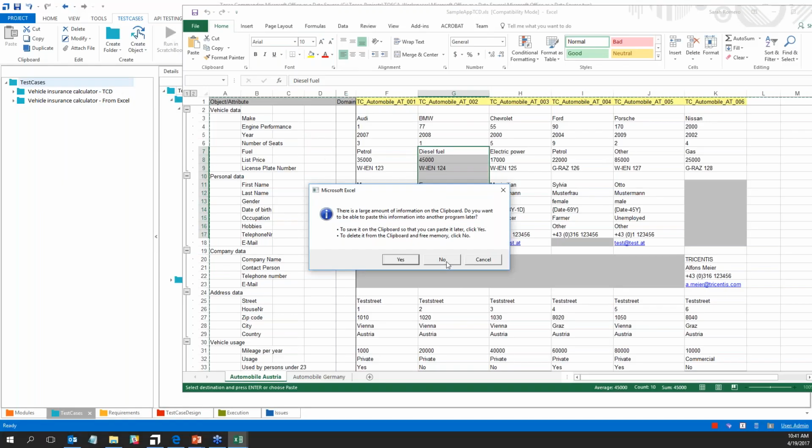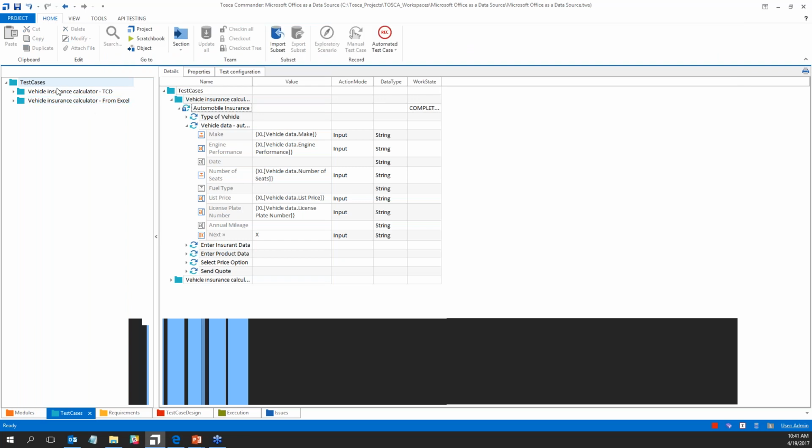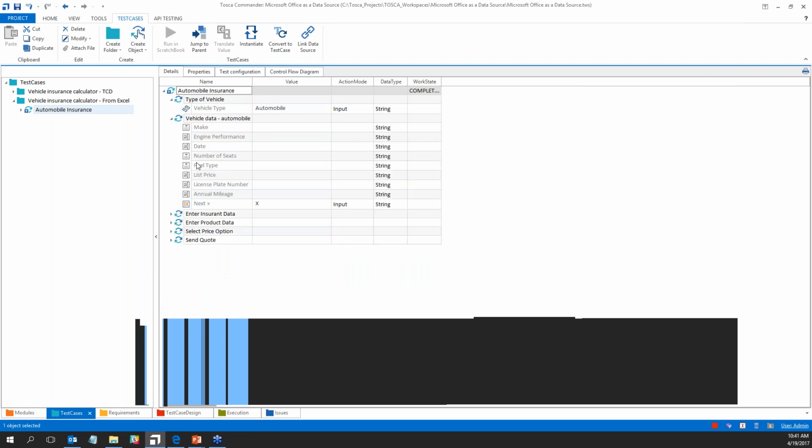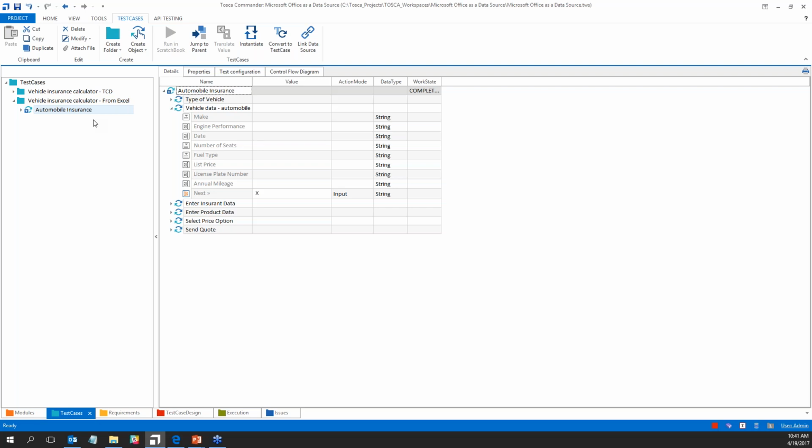Now, let's say I want to use this Excel sheet set up exactly the same way, but rather than a test sheet, I want to link it directly to a template. So I have an empty template here with no links, and I want to link it to the Excel sheet. Before, we had the copy and paste from Excel, now we link directly from Excel to the template. When you have a template, which is just a test case converted to a template, I select the template so I'm focused on it, and in the ribbon I can click Link Data Source,